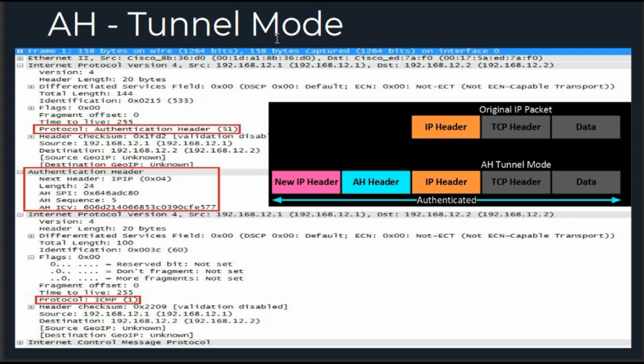The original IP packet carries some ICMP traffic. One problem with AH is that it does not play well with NAT or PAT. Fields in the IP header like TTL and checksum are excluded by AH because they will change. The IP address and port numbers are included. If you change these with NAT, the ICV